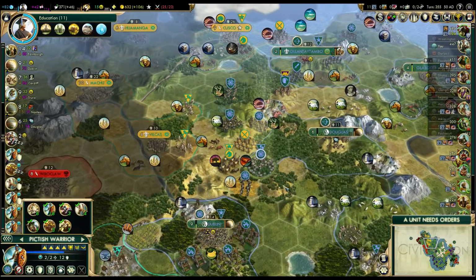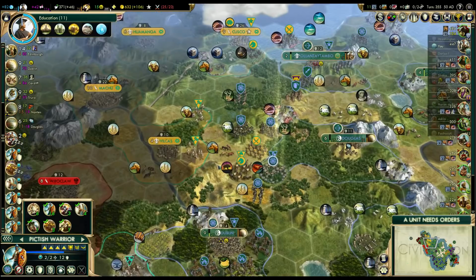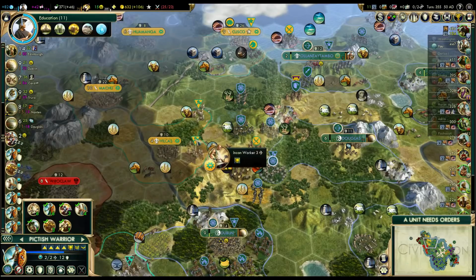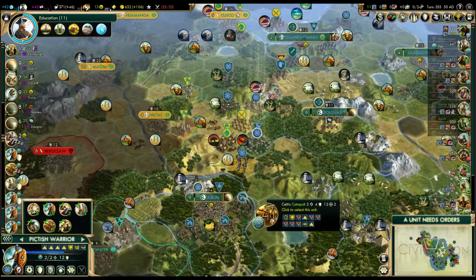Okay. Do we declare now? And if we do, what can we achieve? Our scout can take this worker. Then the Pictish warrior can take another worker. And we'll have catapult, attack the